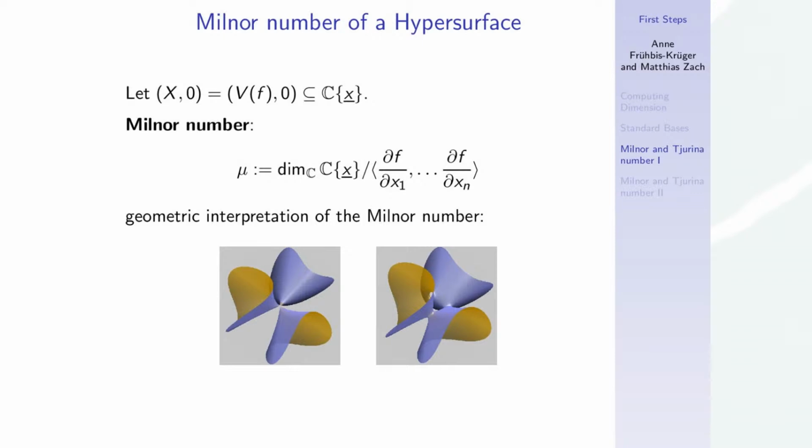Dimension and multiplicity, of course, are not the only invariants that we are interested in and that we want to compute. There are also other invariants, and I use them as the opportunity to introduce you even further to the technicalities of computing in singularity theory. So the next invariant we look at is the Milnor number of a hypersurface. It's well known to you that it is the quotient of,